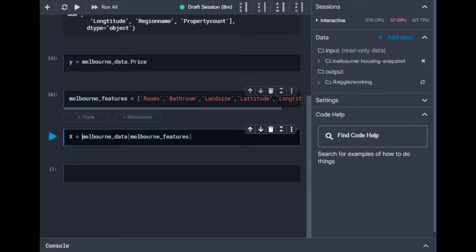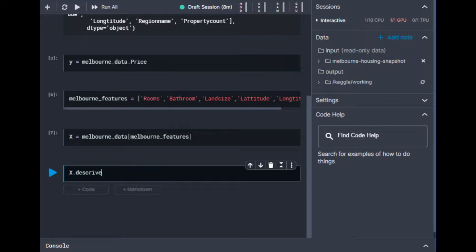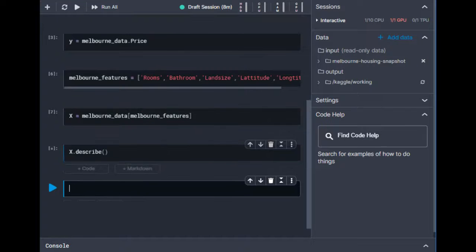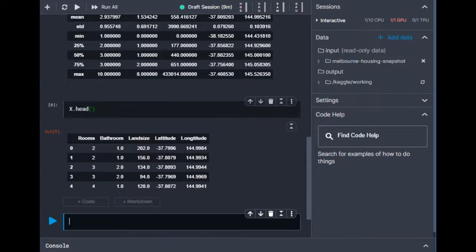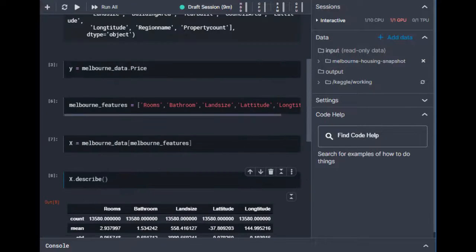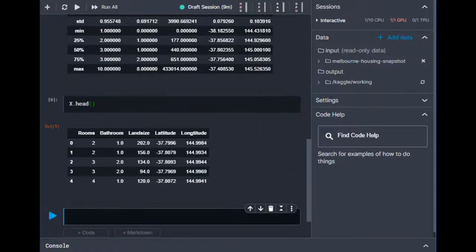Now we will quickly review the data we will be using to predict house price, using the describe method and the head method, which shows the top few rows. Visually checking your data with these commands is an important part of a data scientist's job. You'll frequently find surprises in the dataset that deserve further inspection.